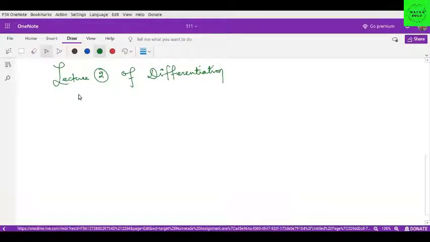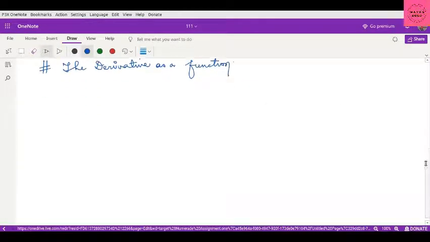So we are continuing with lecture 2 of differentiation. Now in this lecture 2, the first topic is the derivative as a function. So here we have definition, and definition says the